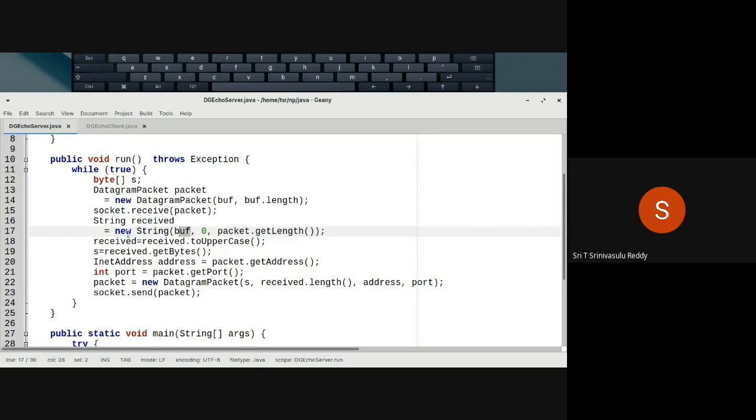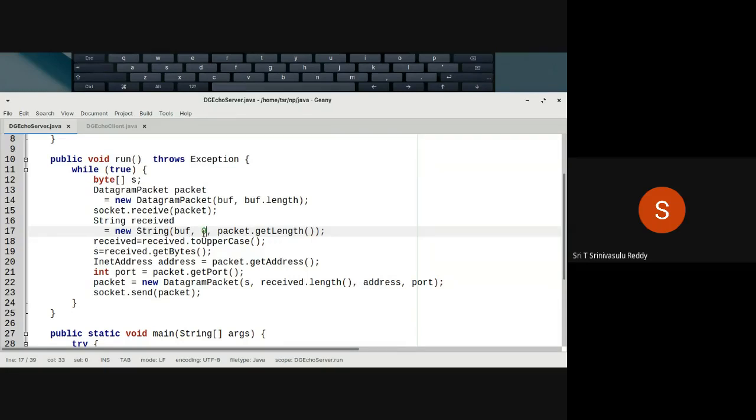So that's why you are saying new string of buff, comma. This buff now is filled with the incoming packet after this socket dot receive. Remember that. So buff, comma, then starting from the 0th byte within the buffer, up to that particular length.